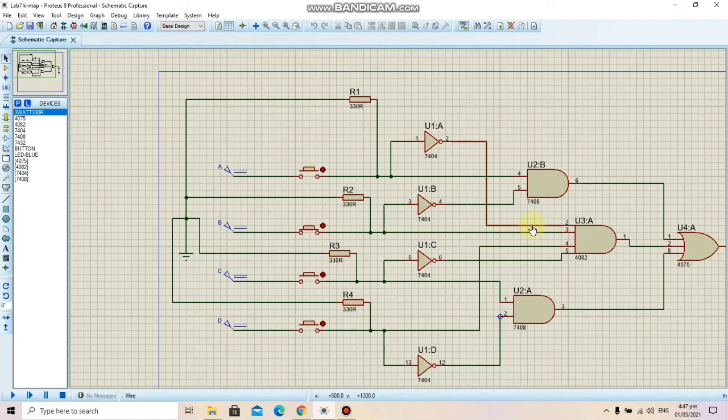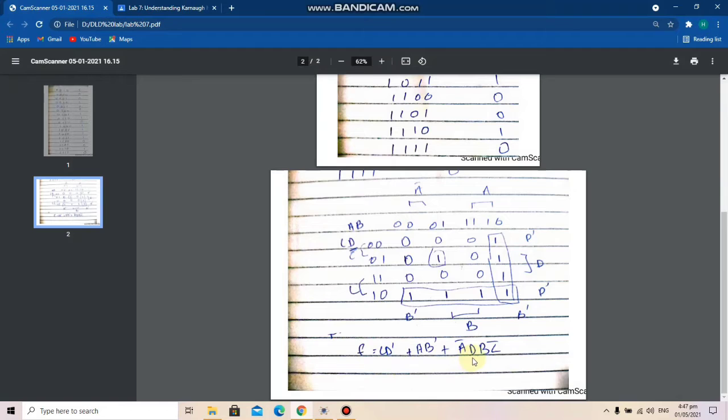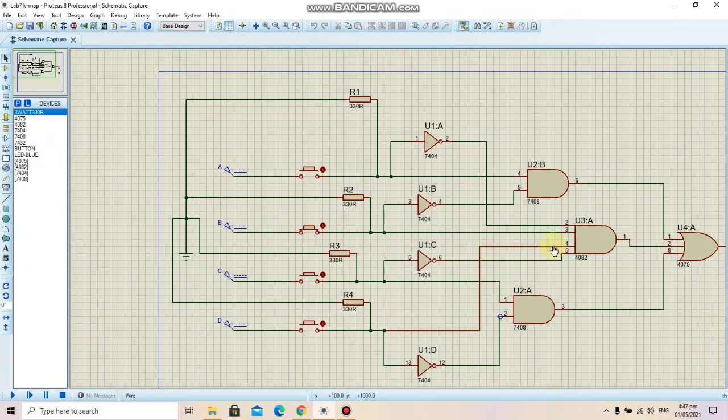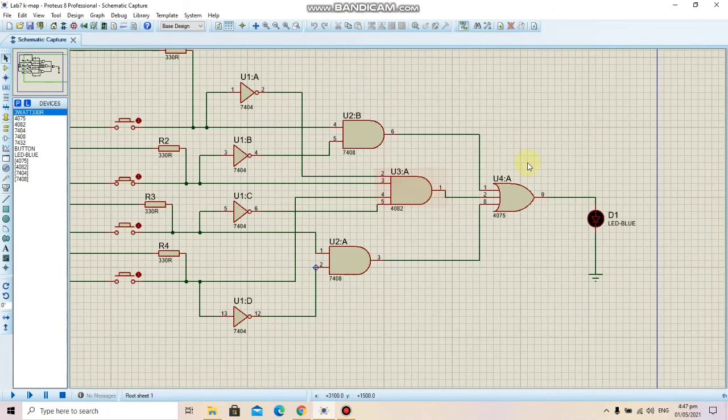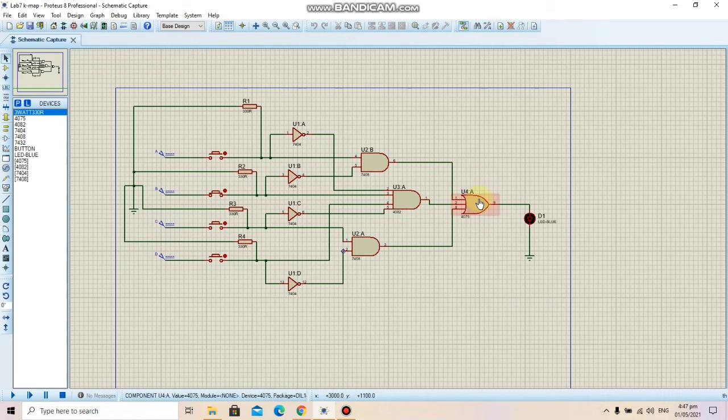So we can see A bar here, you can see this wire highlighted here, A bar, then B, and then D bar, D, and then C bar. And then all of these three are being added by this OR gate. We have the LED at top. So now let's run this.